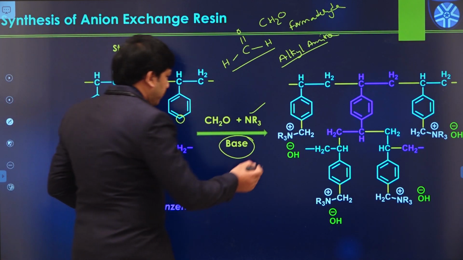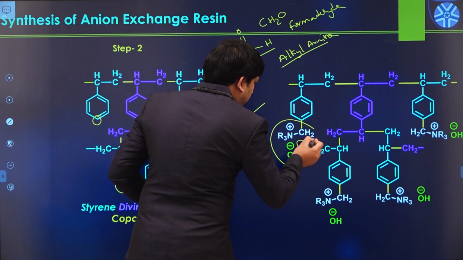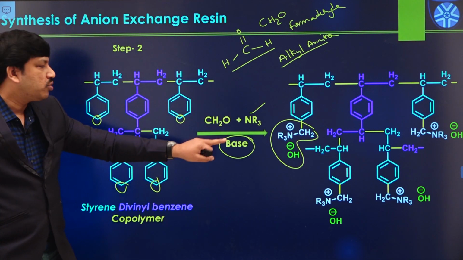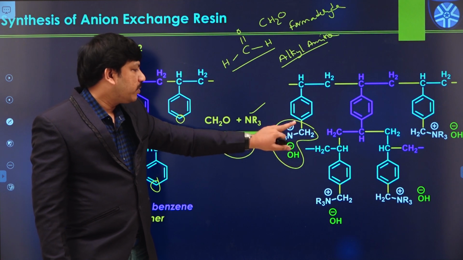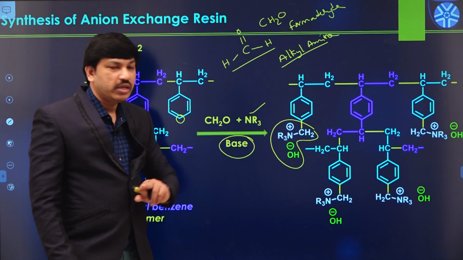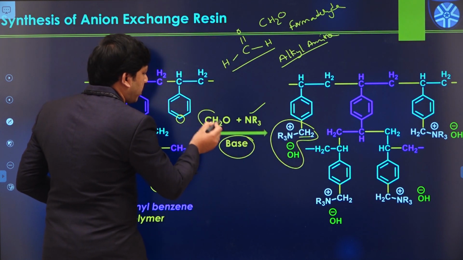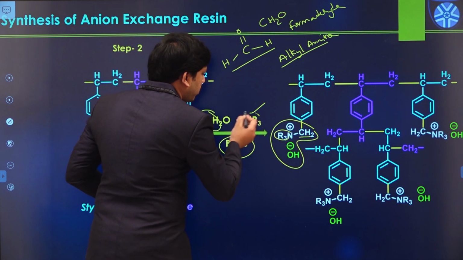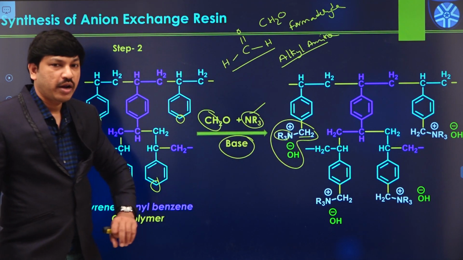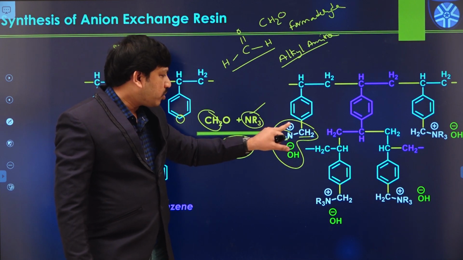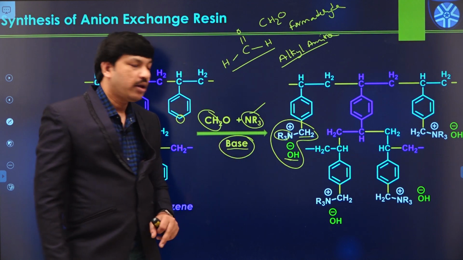So this time this reagent is producing this kind of group, CH2, this is actually an ammonium group, an ammonium cationic group. That is neutralized by OH minus ion like this. This CH2 is coming from the formaldehyde, and this is the amine group, RN3, so this is a cationic group, a quaternary ammonium cationic group. Those positive charges are neutralized by the corresponding OH minus. This OH minus is obtained from the base.